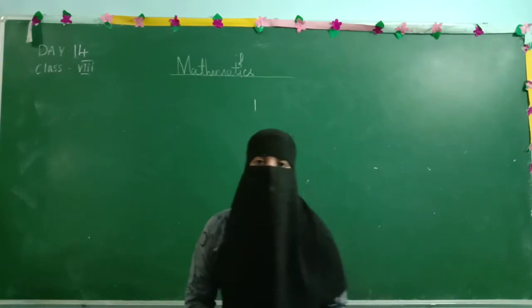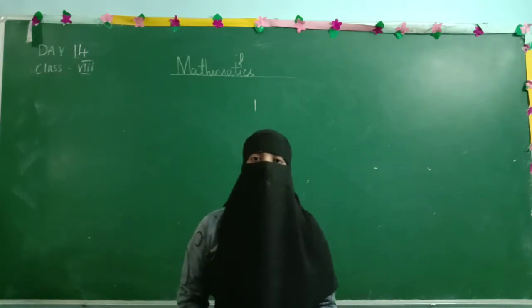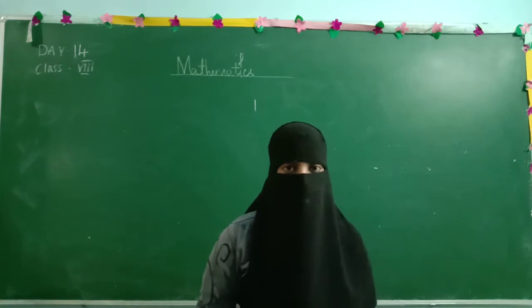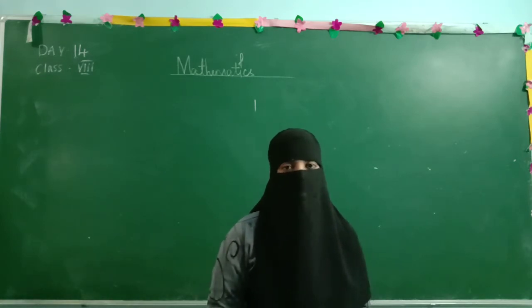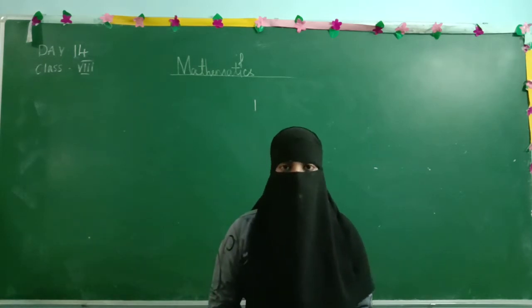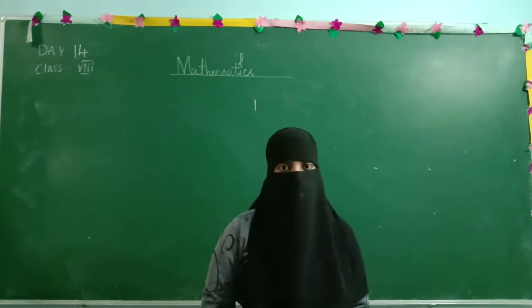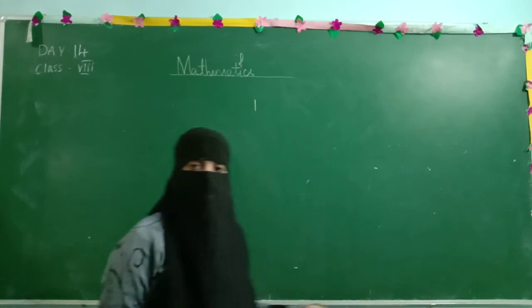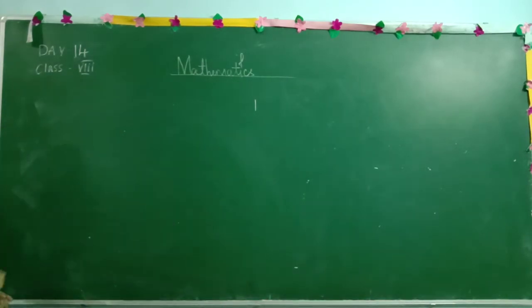Hopefully you have enjoyed the previous video. In that we studied the associative property for rational numbers under addition. Now in this video we are going to check whether rational numbers are associative or not under subtraction. Hopefully you know very well how to write the general form. Fine, let's start with the class.